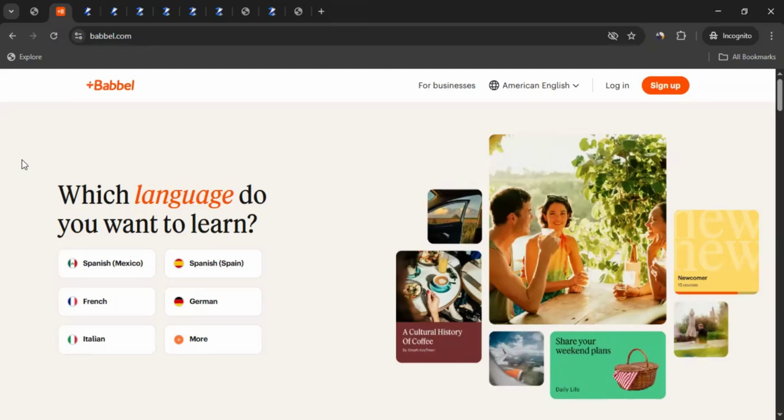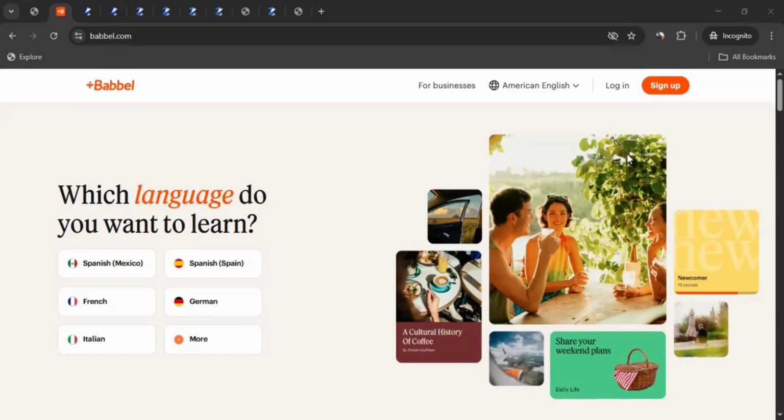For the ones who don't know about them, babbel.com is a leading language learning platform that offers 14 languages with easy, real-life focused lessons you can complete in just 10 to 15 minutes a day. Designed by language experts and voiced by native speakers, it helps you improve conversation, vocabulary, and pronunciation with interactive tools. Perfect for learners of all levels, Babbel makes language learning fast, practical, and effective for travel, work, or personal growth.